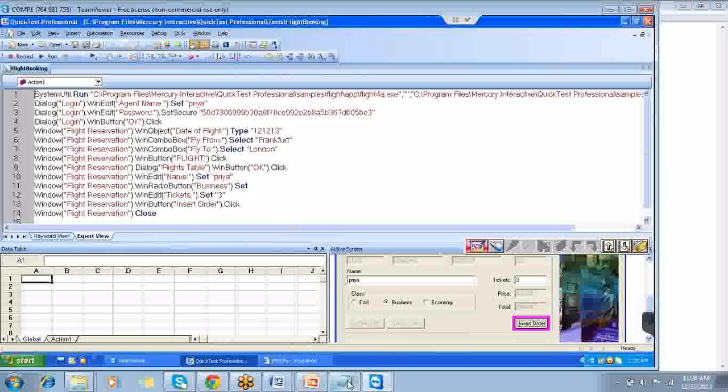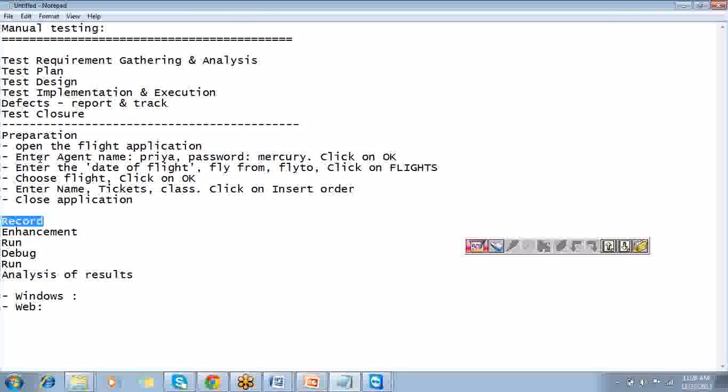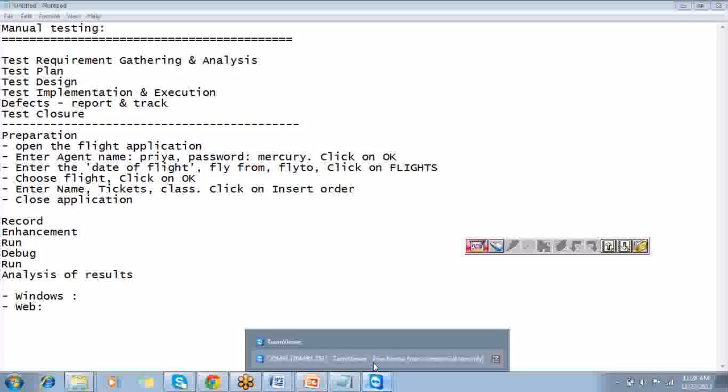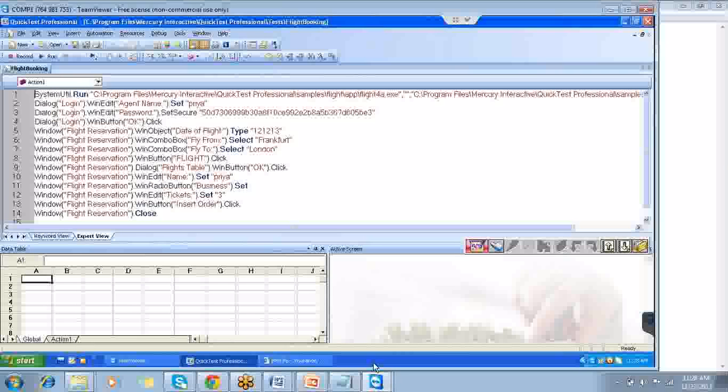Okay. Now let's see what is our next step. We did the preparation, we did the recording and enhancement. There are a lot of enhancements we can do. Let's not jump into the major enhancements. We will try to do some small enhancements now. I will be telling you regarding one of the very good programming practices. Whether it is a developer or a tester, whenever you create a program, it is a